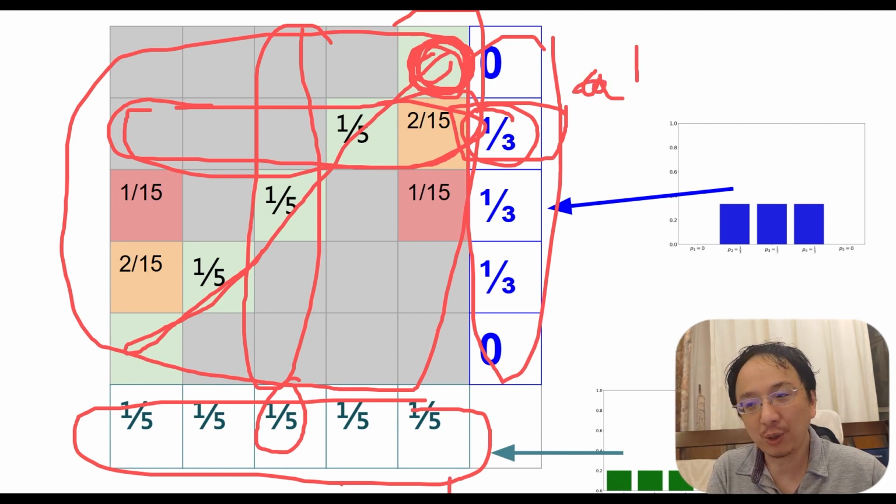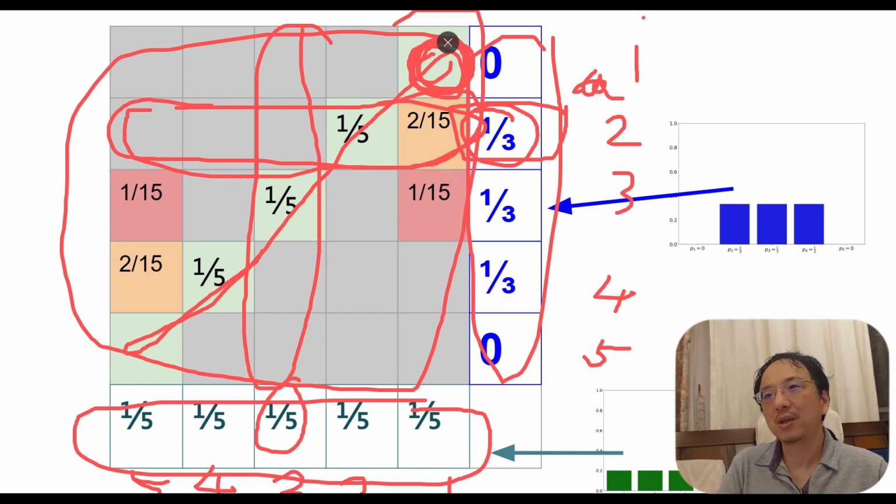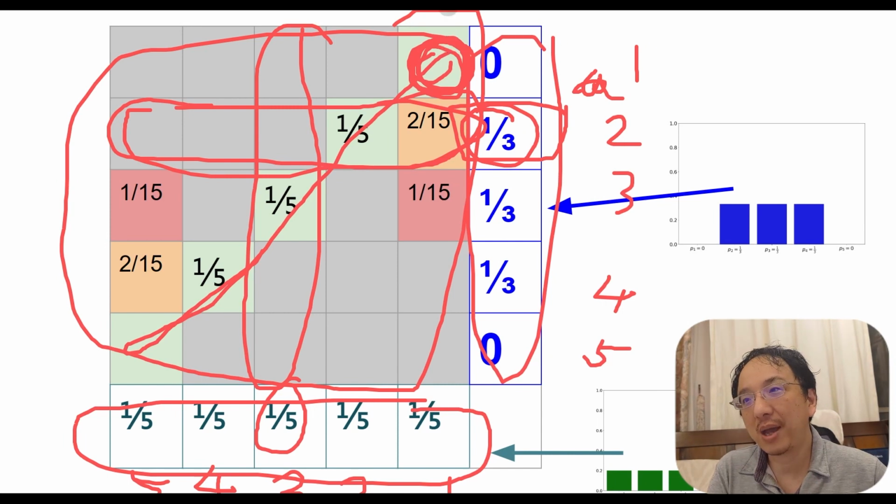So I have to reverse the direction of the x-axis, and this one is 1, 2, 3, 4, 5. So I probably should put in the reverse order, but anyway, the only thing that matters is